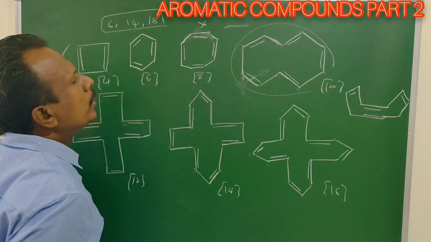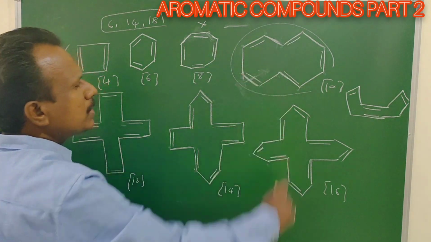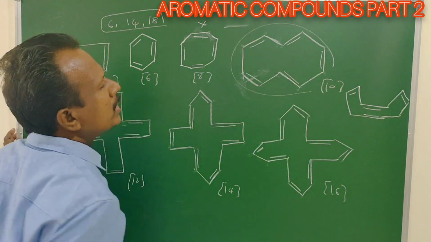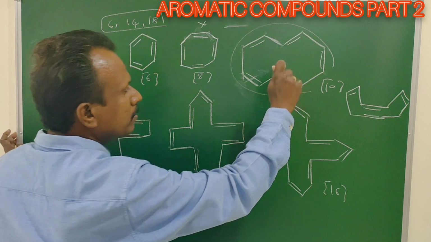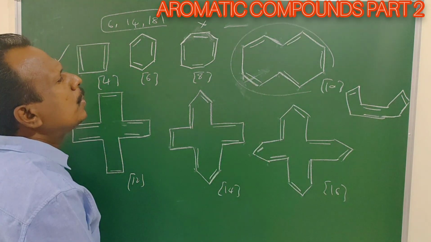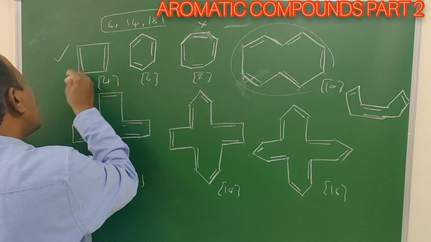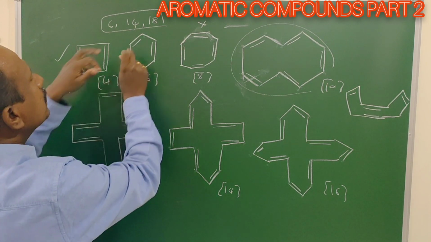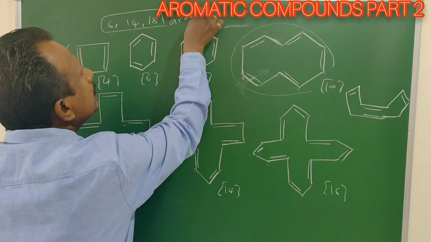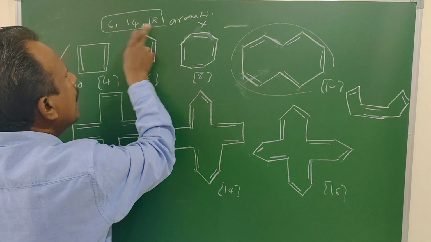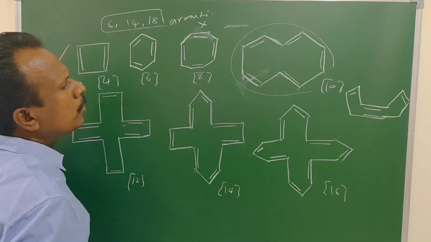In the case of cyclic compounds, if there are more carbons, what happens? To attain stability, they reach a stable conformation. But conjugation does not occur. All pi bonds are not in the same plane. So conjugation is missing, so they are not planar. Except [6], [14], [18], [4] is anti-aromatic. [6], [14], [18] are aromatic. All are planar. Remaining are non-planar. That is about annulenes.